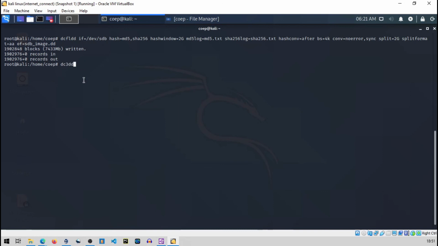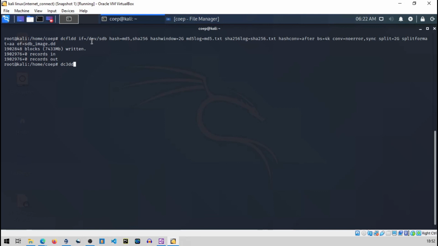You can say all these commands are developed by the Department of Defense, and they share a lot of features between them. But the problem was, dcfldd was based on the older version of dd.